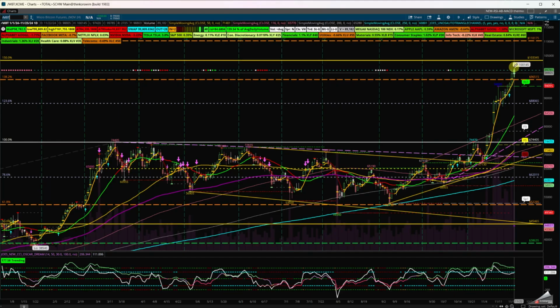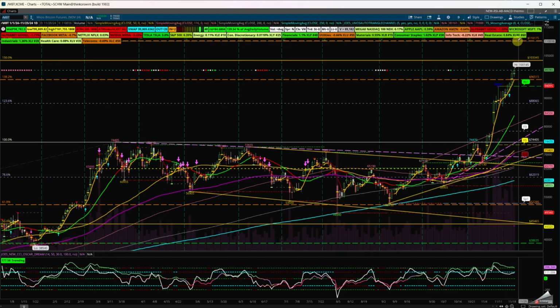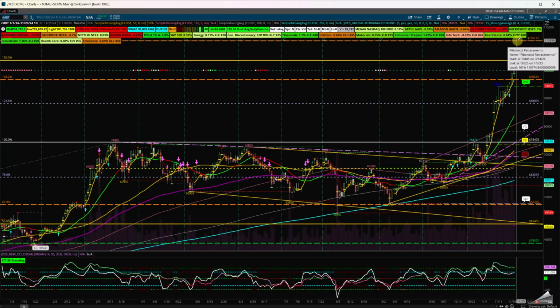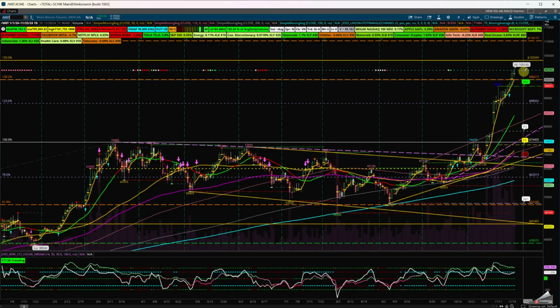We got the extension, the 38. We're getting to the 150. Is there going to be continuation to the 110? Possibly. But remember to protect your capital, because we are at a rounded number, 100,000 K in Bitcoin.